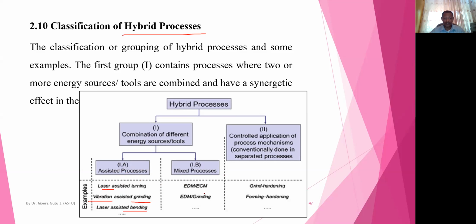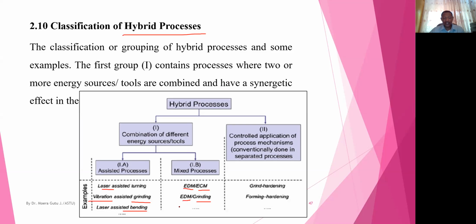You can use two machining processes together: electric discharge machining and electrochemical machining together, or electric discharge machining with a grinding process together. This hybrid technology, as I told you, improves productivity, eases material deformation during hard machining, and prolongs the cutting tool life,